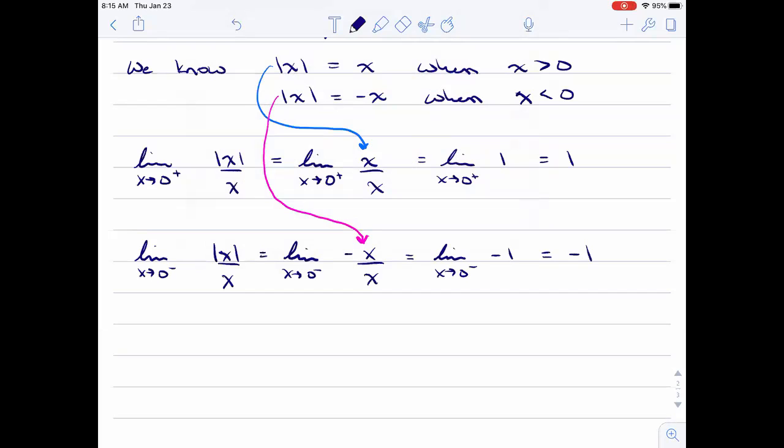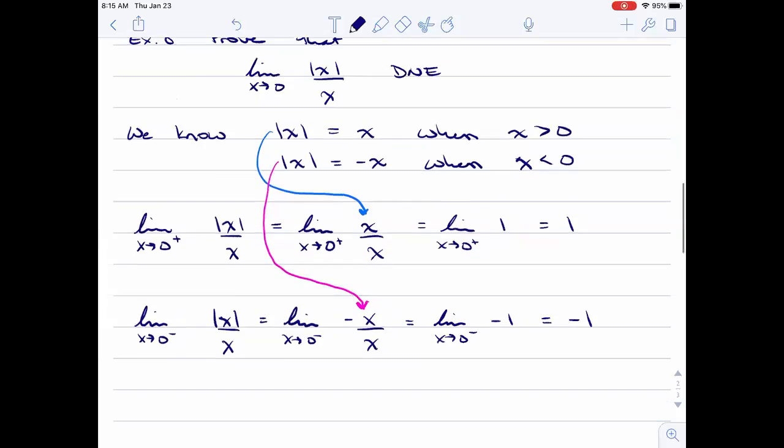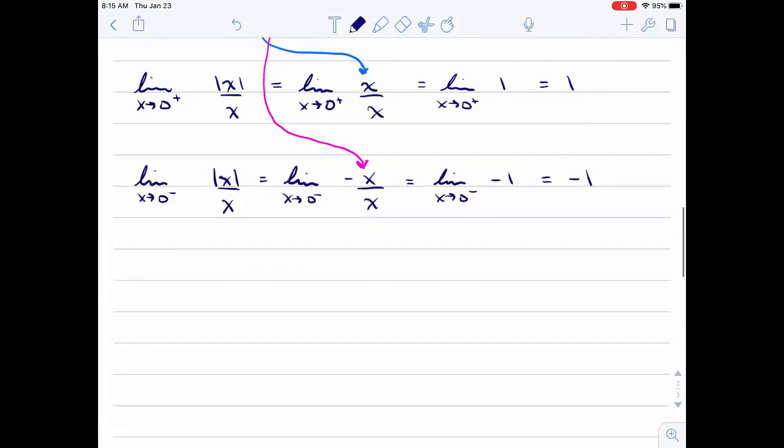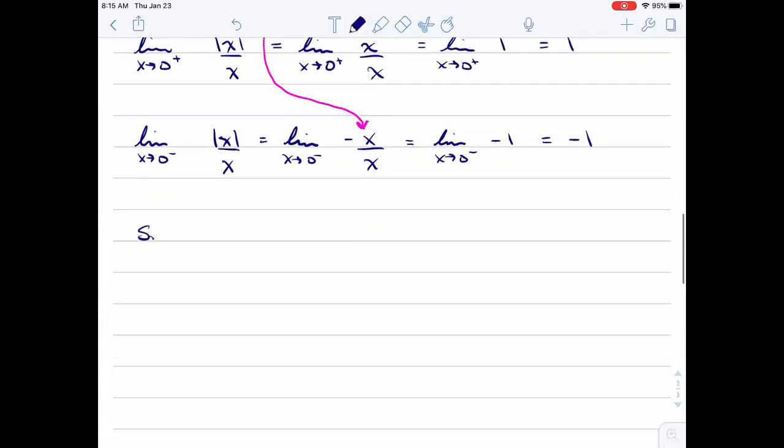This tells us that the left-hand limit does not equal the right-hand limit, so it doesn't exist, which was what we were trying to show. Prove that this does not exist. So, since the left-hand limit does not equal the right-hand limit,